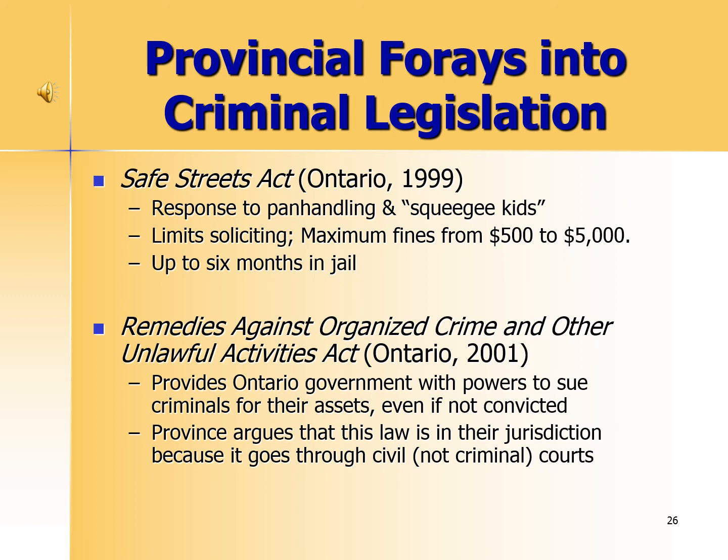But that hasn't stopped some provincial governments from enacting legislation to address crimes. They can't write criminal laws, but they can write civil laws that use civil penalties to address certain crimes or public behaviors. So one example is the Safe Streets Act, which was brought in in Ontario under the Conservative government